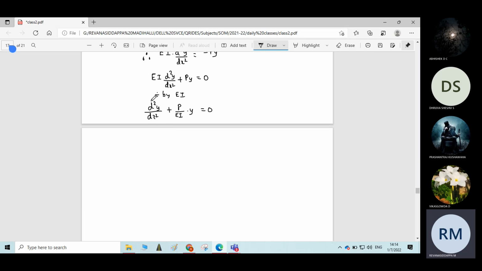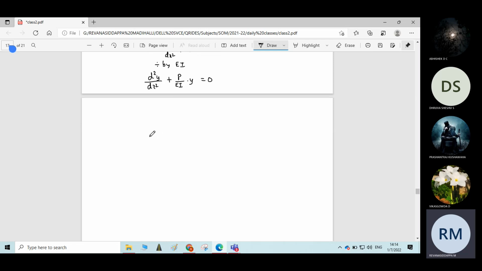We have to find the solution of this equation, so we need to follow some mathematical procedure for solving it. If we go on solving this equation, it becomes a lengthier process and the derivation becomes too long. So we have the direct solution for this second order differential equation.